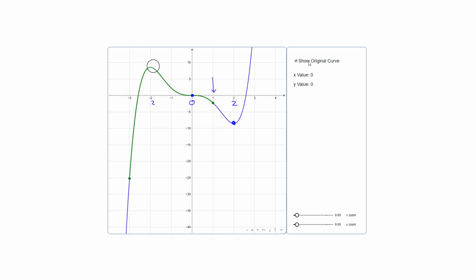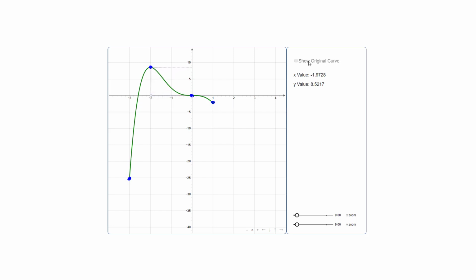So I'm going to get rid of the whole function and just look at the portions that we are concerned with here. So let's get rid of that. What I'm looking for is the largest value overall and the smallest value overall. And as we said, that can occur at the endpoints of an interval or any relative extrema. So if I move, whoops, get that back there where I want it. If I have these values to search through,